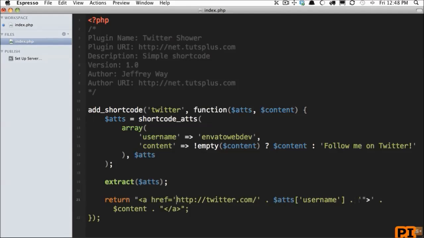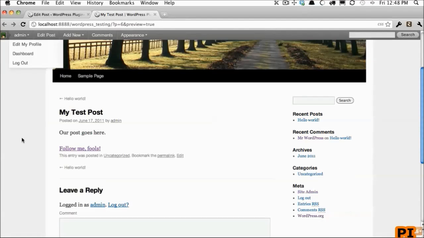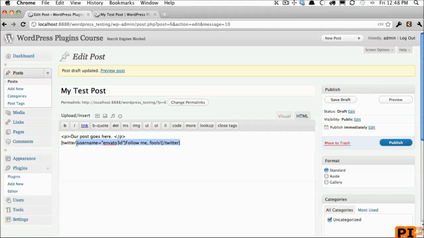So now, we'll get rid of all of this, and I'll type username. And the value will be content. Isn't that much cleaner? So let's try this out. I'm going to come back, refresh the page, and we have follow me fools. It links. But now let's get rid of all of this and simply type Twitter and see if the defaults